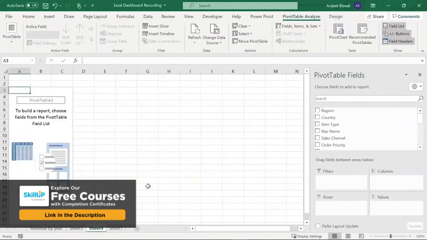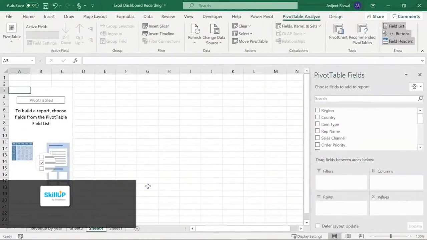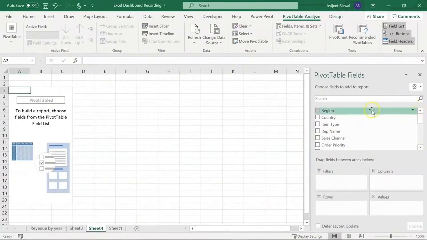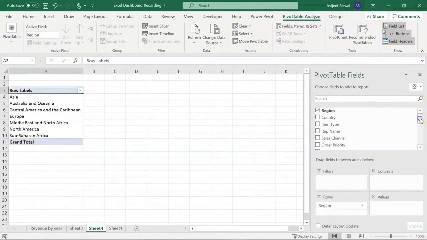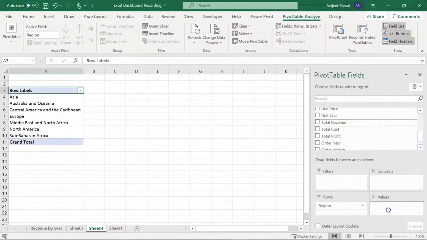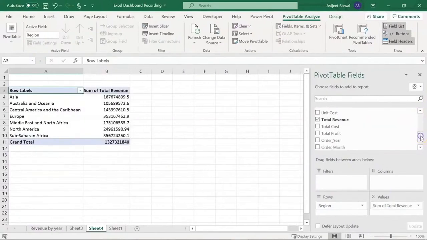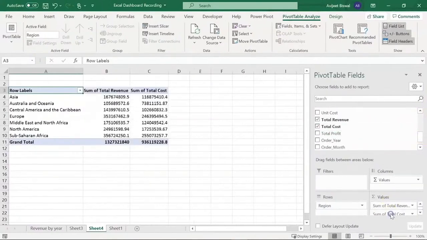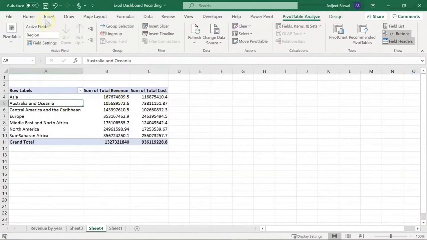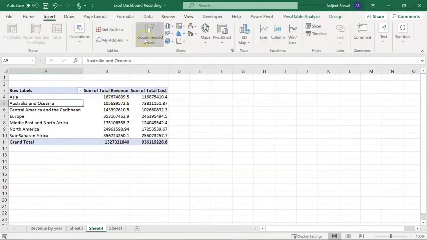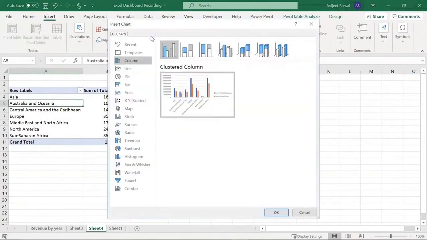Alright. So for this, I'll select my region onto rows, and then I'll have 2 columns under values. The first one is going to be total revenue, and the next column will be the total cost column. Alright. So here we have the pivot table ready. Now based on this pivot table, let's create our pivot chart. So I'll go to recommended charts, and if you